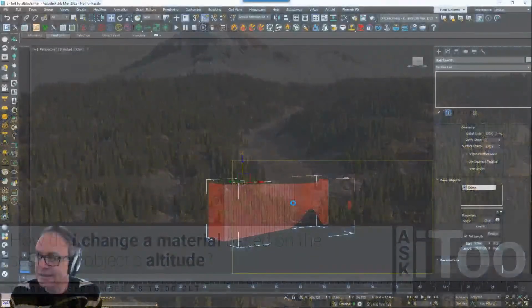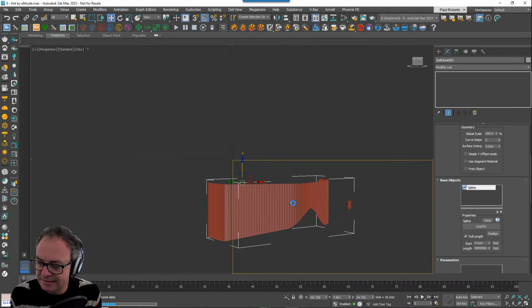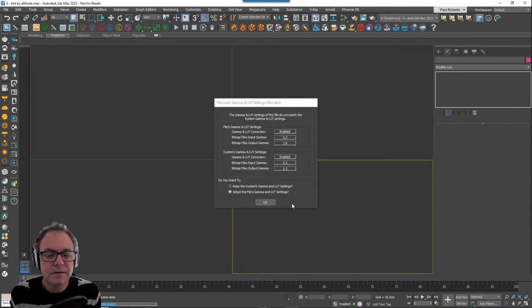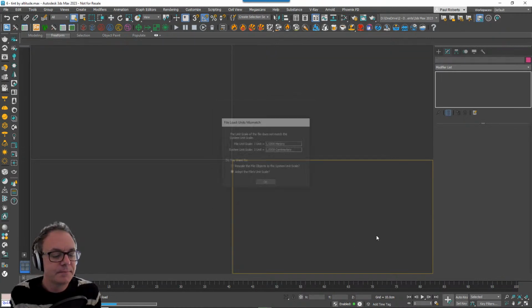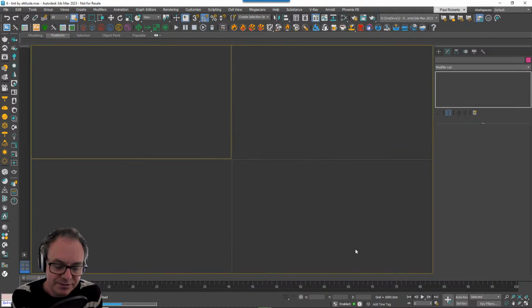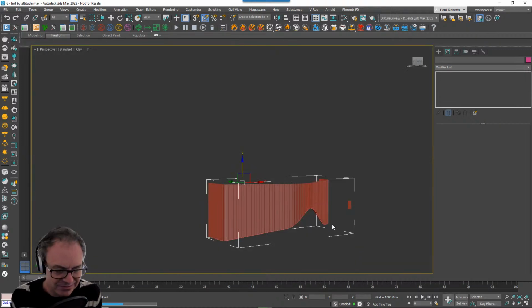It's a little bit bigger because of the mountain, so it'll just take a few seconds. I did decimate this mountain a little bit to try and speed this scene up, but it's still a bit slow.